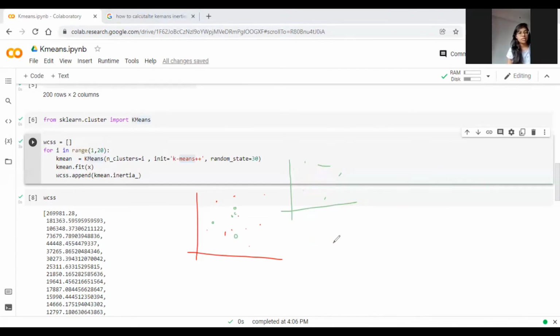So this is the reason why we use K-means plus plus, and the base model for K-means plus plus is K-means itself. All the steps which we have defined in K-means will be there in K-means plus plus.